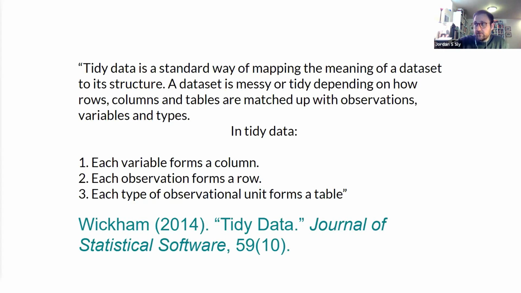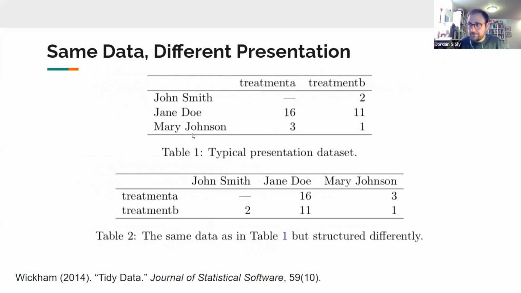So again, this is just reiterated from the last slide. Each variable forms a column, each observation forms a row, and each type of observational unit forms a table. Now, I have a tattoo of, no, I'm kidding. These are important to remember, and it's the difficulty in putting this together, but it's really kind of the point of a lot of this workshop, right? To plan from the start to create Tidy Data, and your output will be markedly better.